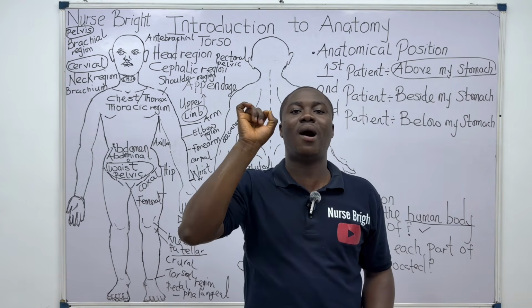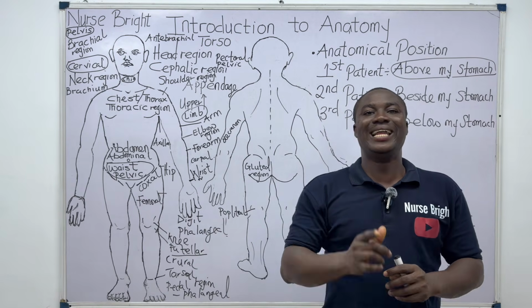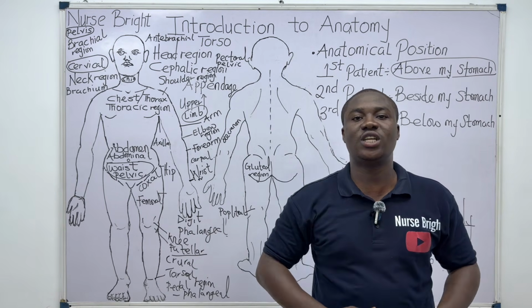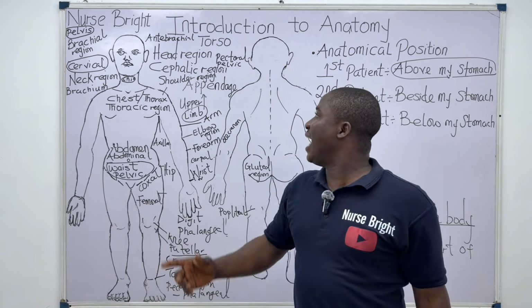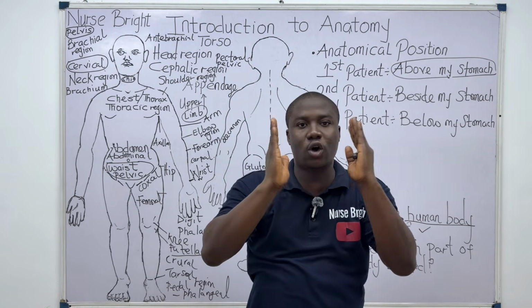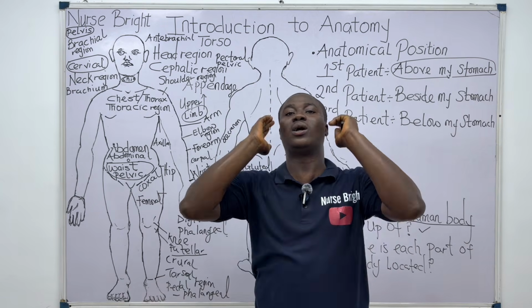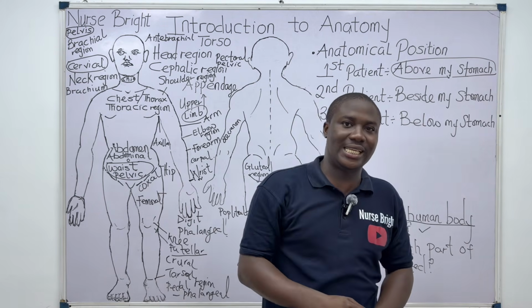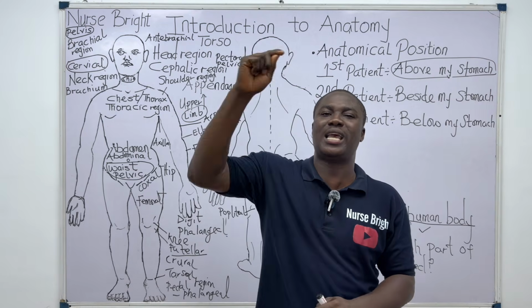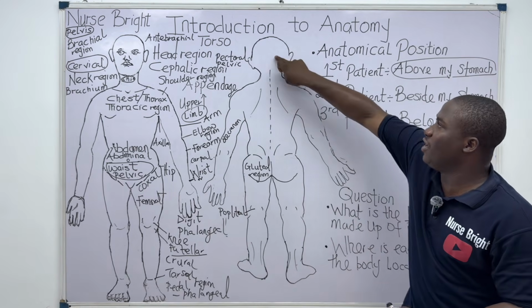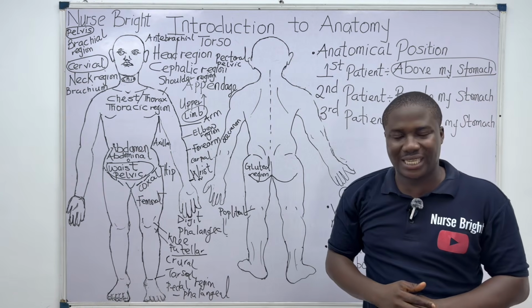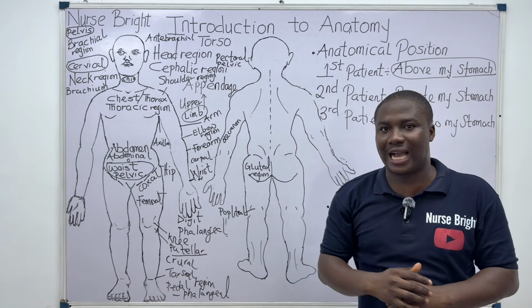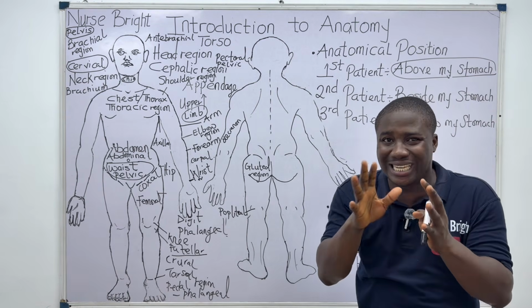Another key thing about anatomical position is that the head is held straight like this. Do you understand? It's held straight. You can see it's facing forward, not like this, not like this. The head is held straight. Note it is essential. That's the second point about anatomical position. Even in the back view, the posterior view, you can see it's still held straight. Note it is essential. Questions will come from this aspect, so you have to note it. These are the basic things you have to know.